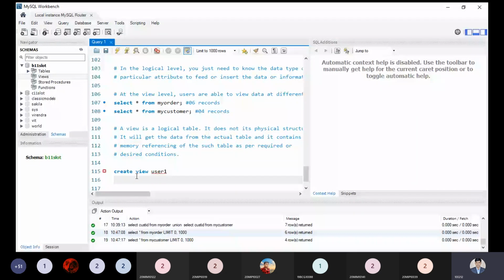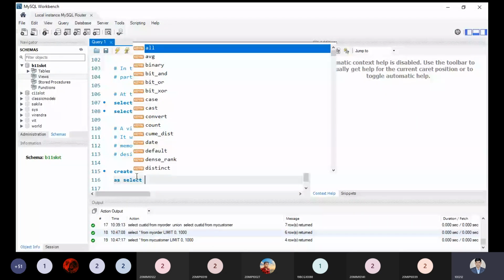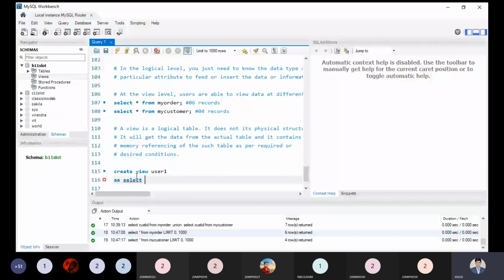Thank you. So select. Select from as select. If you want to select all the attributes, then you can select all the attributes. So I'm choosing the star or all keyword from which table? My order. Okay, and I'm using a semicolon. I'm not putting any condition. So create view, view name, as select all the attributes from my order table.